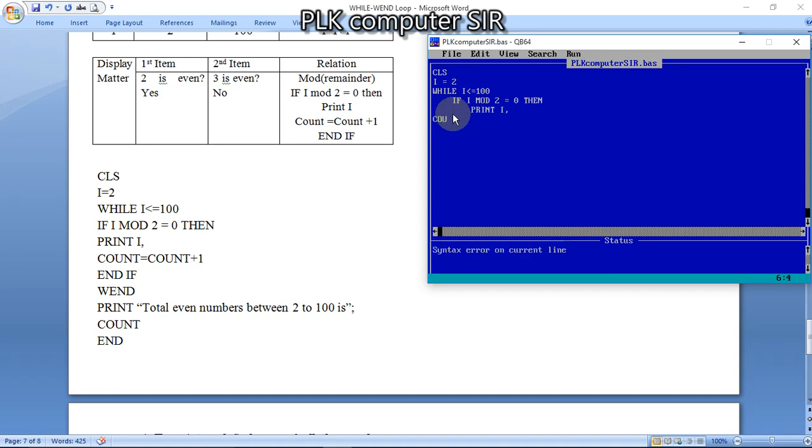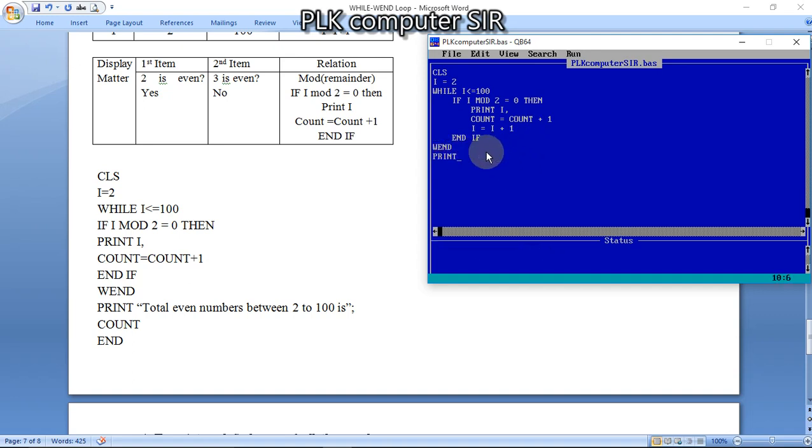Another thing, we have to use the counter increase by 1 after the counter, the loop counter, while loop closing. Now I will print. Okay, before this one we have to close the if.